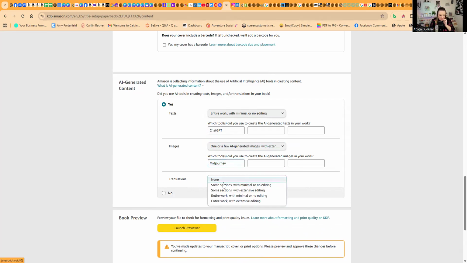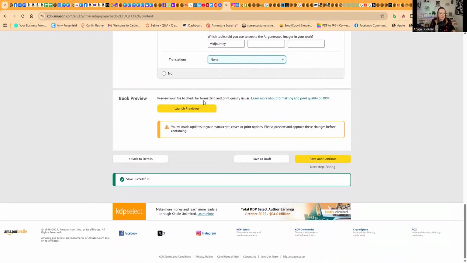Translations? None. We've not done any translations. So, what other AI images did we use? None. We used Canva, didn't we? So there we go. Make sure that you answer that honestly. Then we need to launch this previewer,